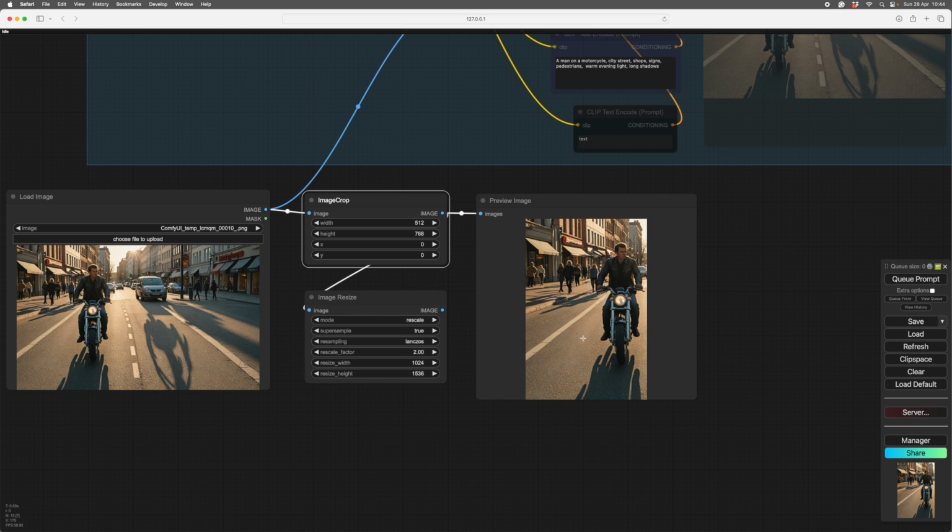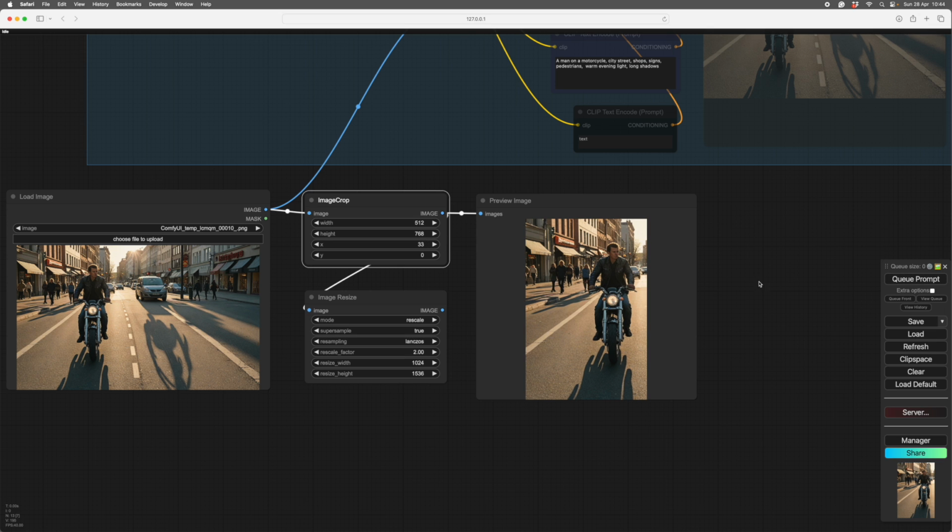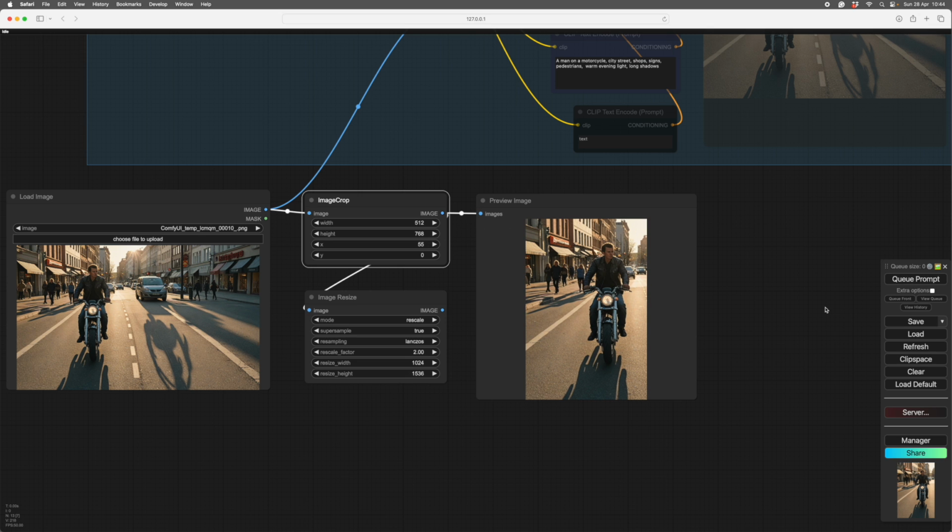Can't move him this way because there's no more picture, so he can't go that way. If we increase on the X here, he's moved across. So we just want the distant street movie to appear. That looks good. And we want him down the frame a little bit, so we can move him on